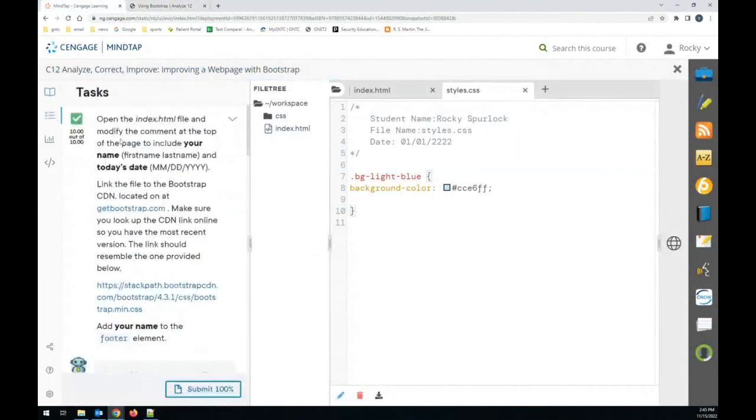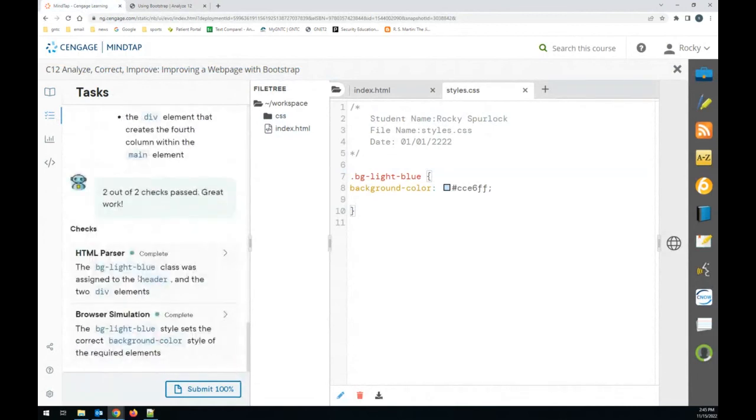All right, so we're finished with the MonTap portion of our lab, our discussion. And so you'll make sure that you submit this, then go back over to Blackboard. All right, so in Blackboard, you'll do your discussion. So you're supposed to use your browser to locate and download the bootstrap.css file. Then you go in and open that file in a text editor and locate all the style rules with the nav-item class selector. You identify the number of style rules that use that selector, and then list all the declarations